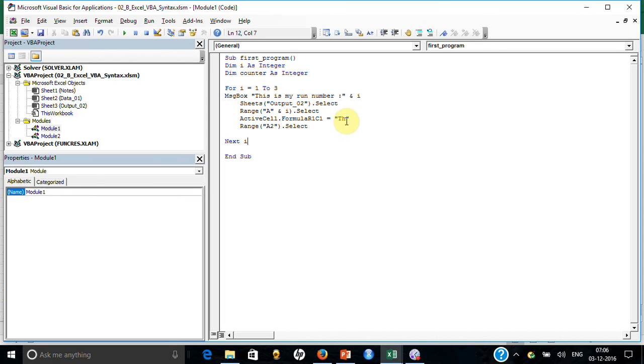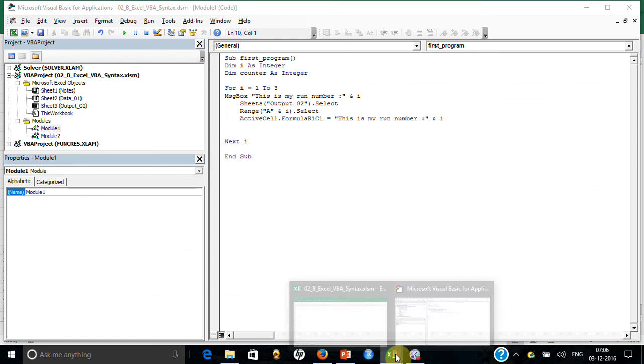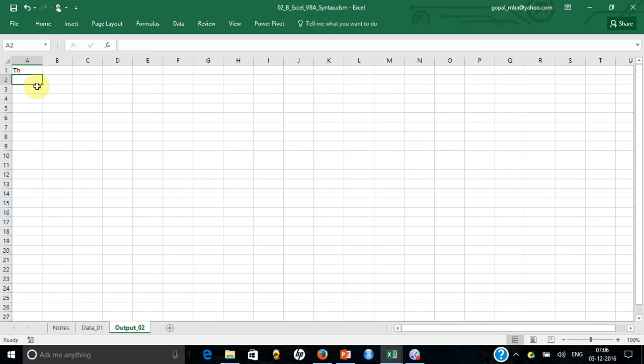And I'll write here, this is my run number, and I'll put I here. Now look at what will happen. I don't need this, this is pretty okay. So if I do this, it will run, and it is expected to come here and write.